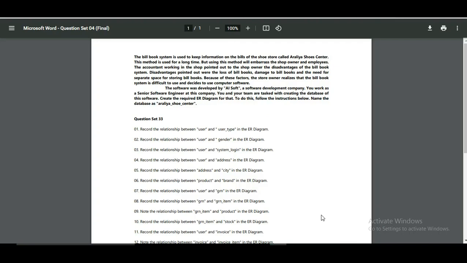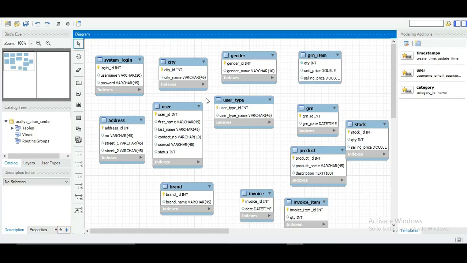So first I'm going to go over there, and next I'm going to create a new layer over here, because that will be very easy for me to then identify the tables that are only related to the user.